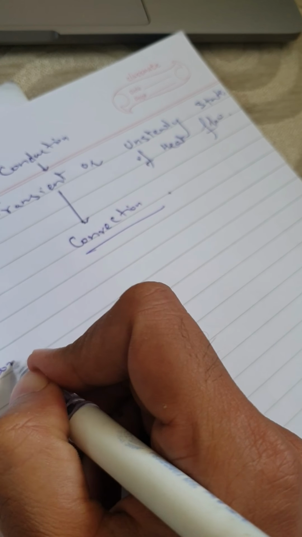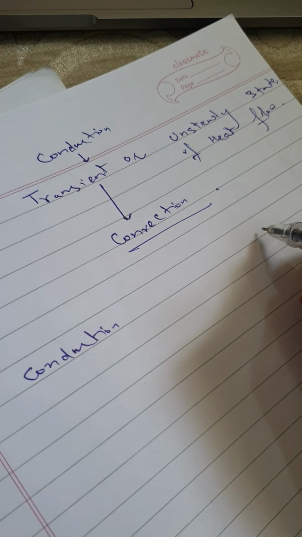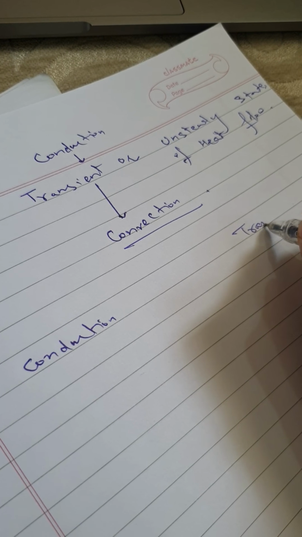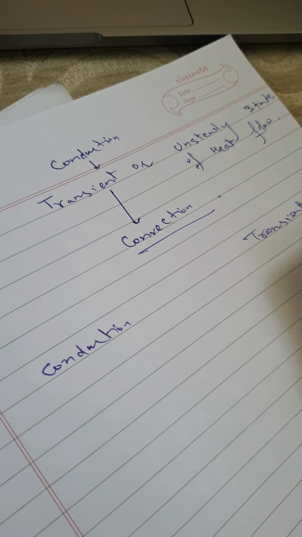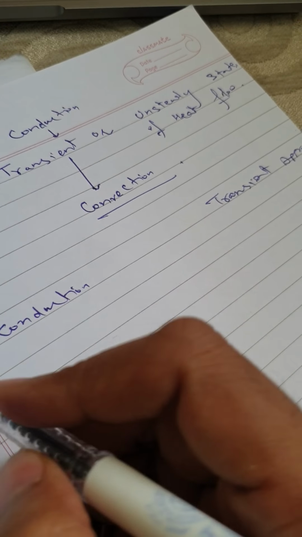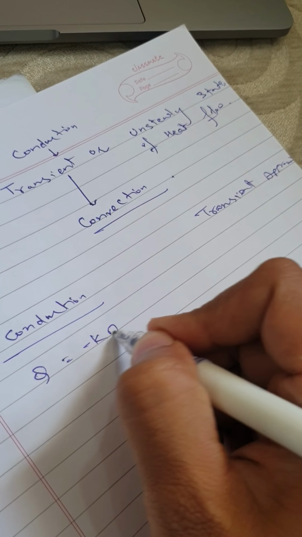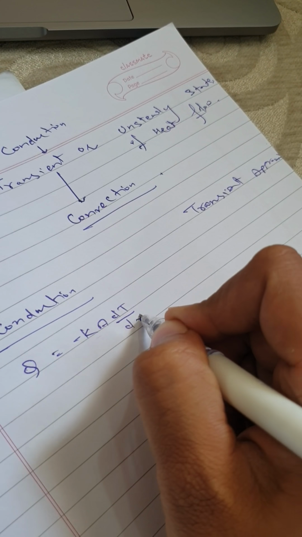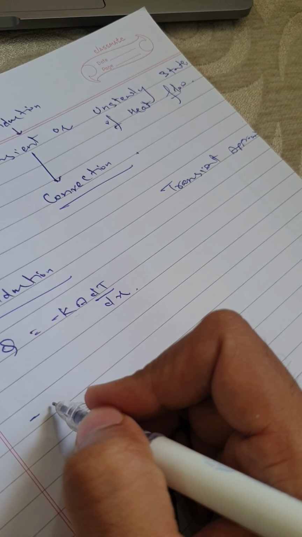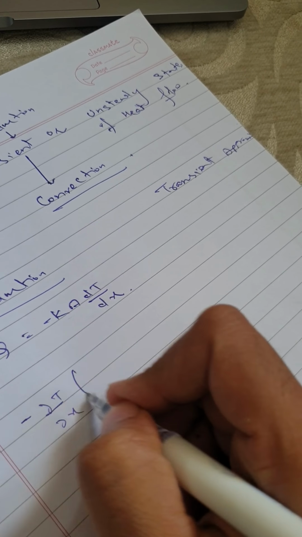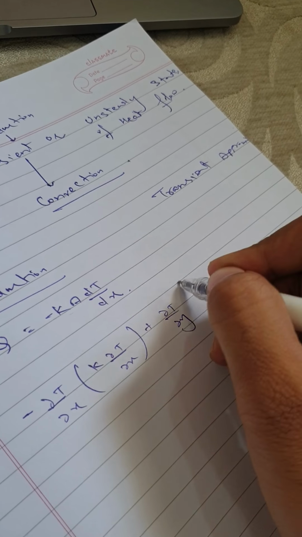So in conduction and in the transient approach, what is the difference? In conduction we are following Fourier's law. Q is equal to minus K A into dT by dx, and our general equation is del by del x of K into del T by del x plus del by del y of K into del T by del y